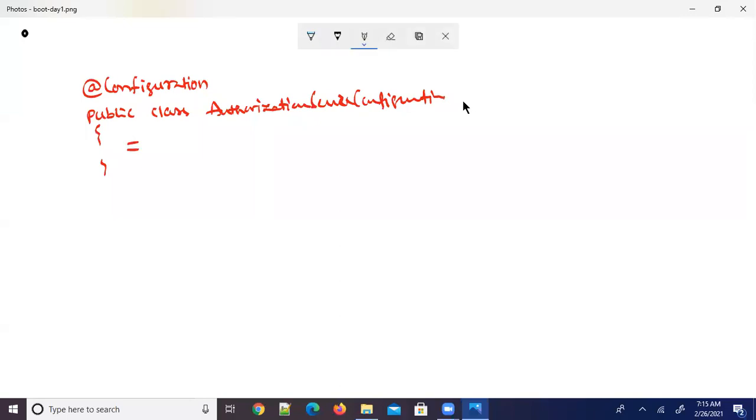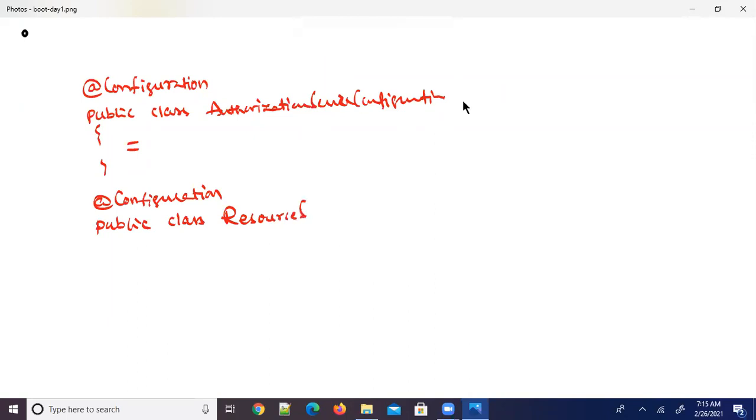Of course, it extends some other class, AuthorizationServerConfigurerAdapter. Those things will come next. Next, again I am writing @Configuration in a single application only. Public class, for example, ResourceServerConfiguration.